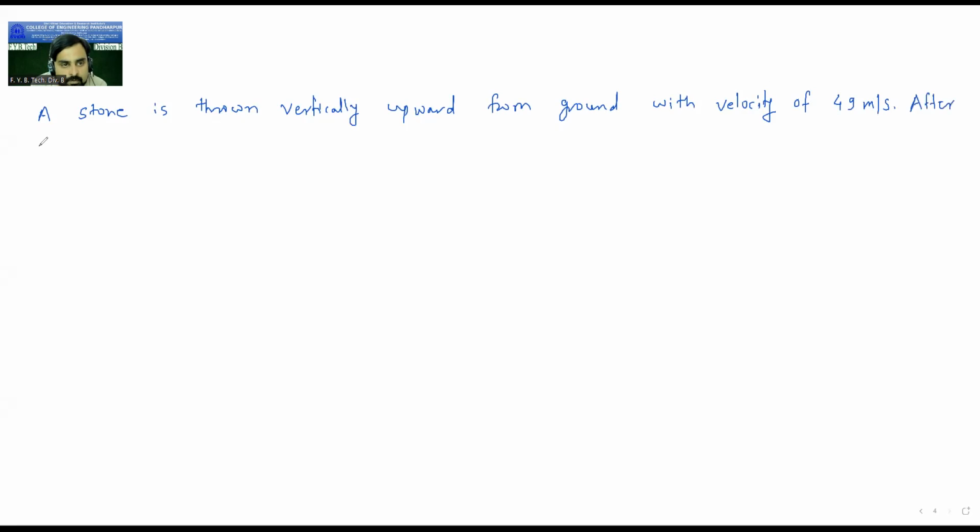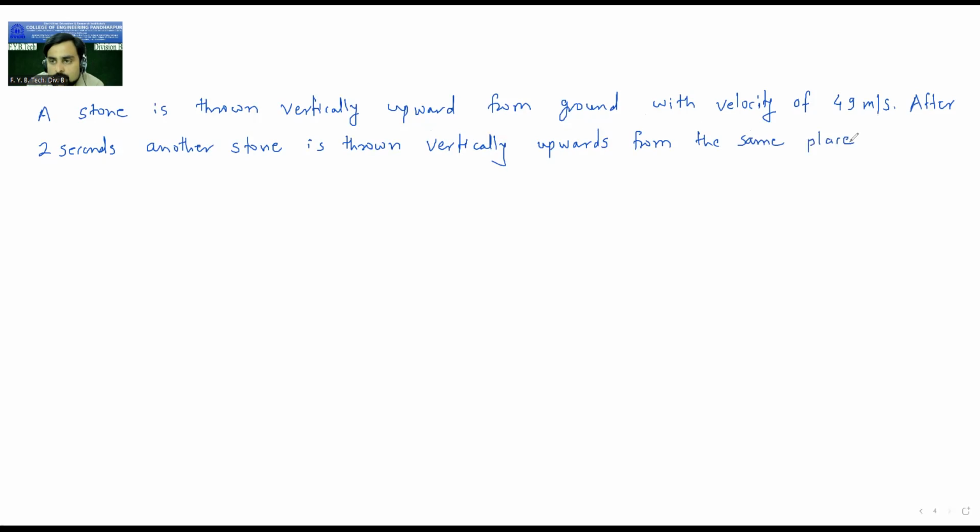After 2 seconds, another stone is thrown vertically upwards from the same place. If both the stones strike the ground at the same time,